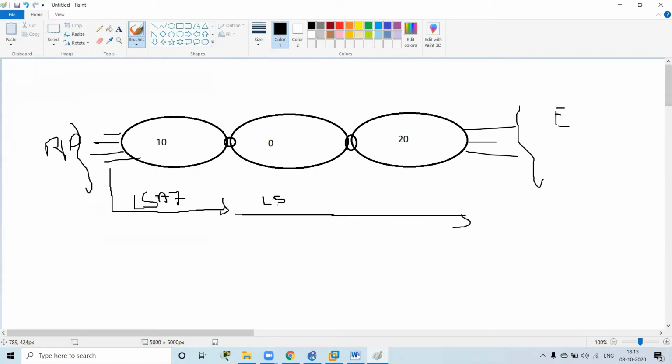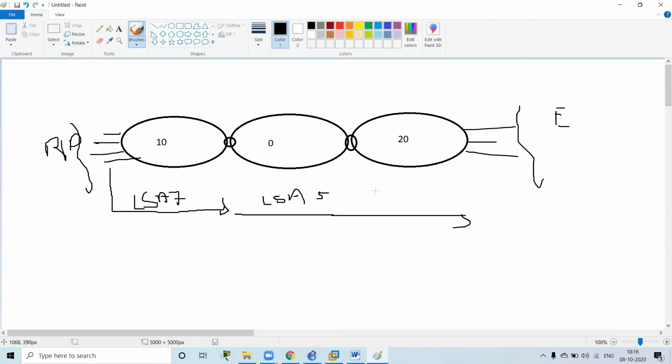What are my LSA 5? LSA 5 are external LSAs, E1 routes or E2 routes. LSA 5s are E1 and E2 routes. LSA 3 is